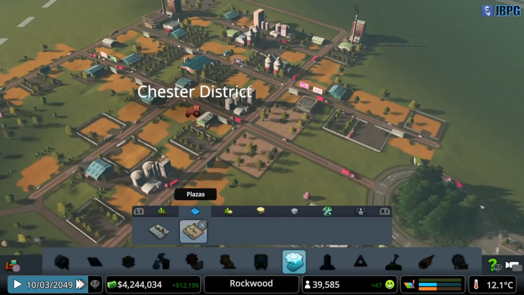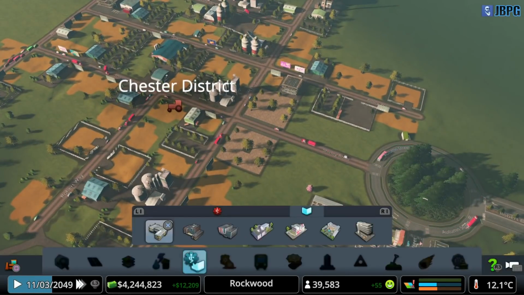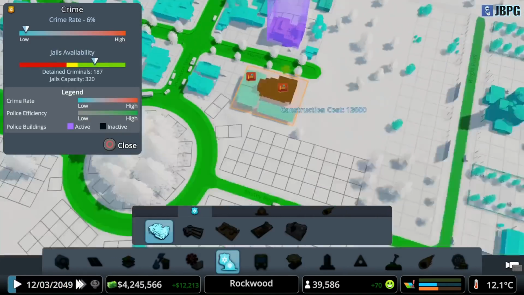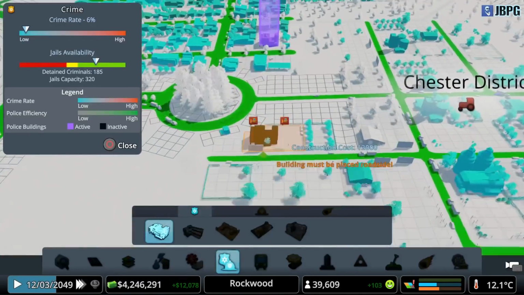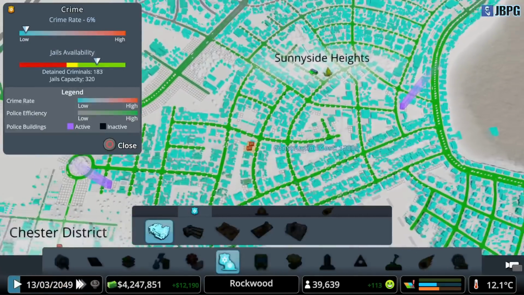We should hopefully see a couple of upgrades, but more importantly, what we are going to need to really improve this area is some good services nearby. So that means police, fire, medical. So the nearest police station is just there. If we were to actually maybe relocate that, it might have a knock-on effect on this district here. I'm just wondering...